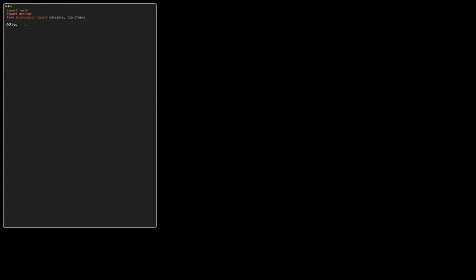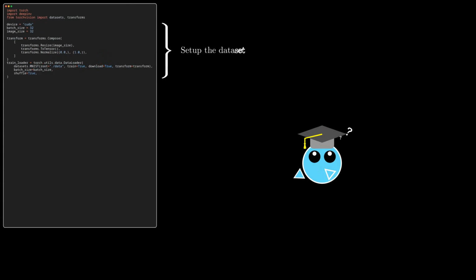The first thing we do after importing the libraries is set up the dataset. If you're looking at the screen right now thinking, what's all this gibberish? Don't worry, you're probably not alone. Unfortunately, I can't teach Python from scratch here, but I think that you can find all the resources you need